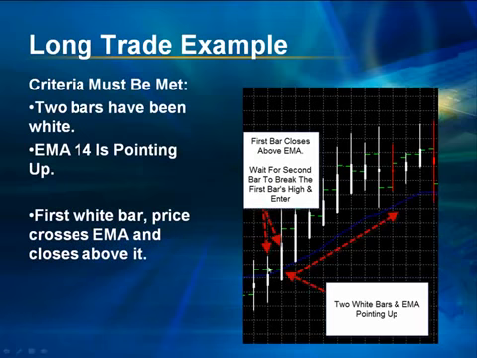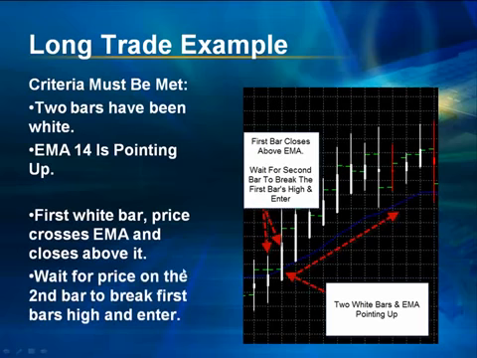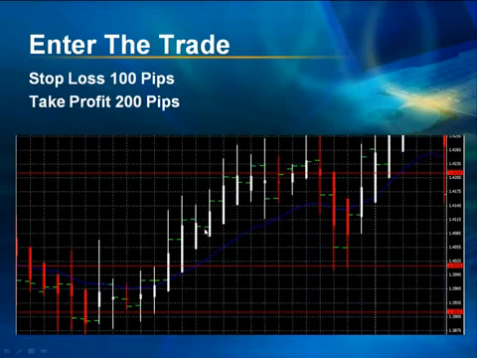The first bar has crossed over the EMA, and the price has closed above it. And then we wait for the price to break through the high point of that first bar with the second bar, which happened here. And at that point, we enter the trade. Once we're in the trade, we set a stop loss to 100 pips, and we set a take profit to 200 pips. So looking at this particular trade on the charts, we would have entered at this point here at